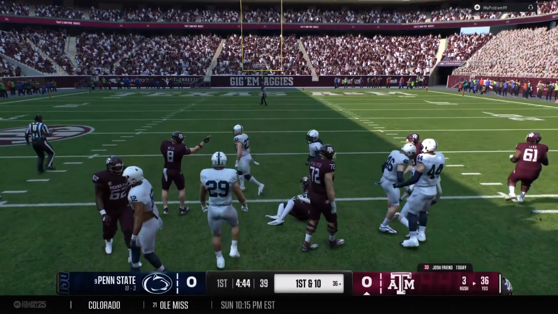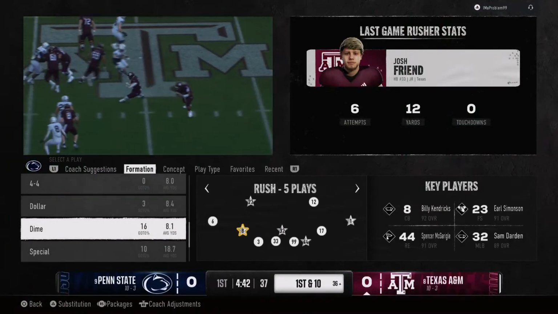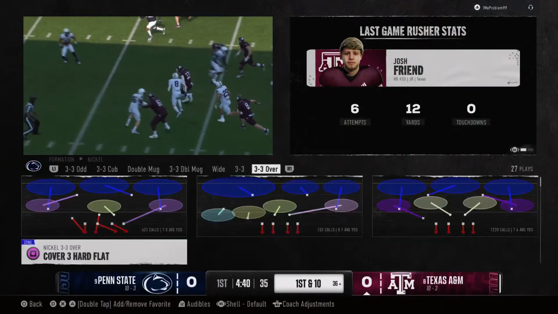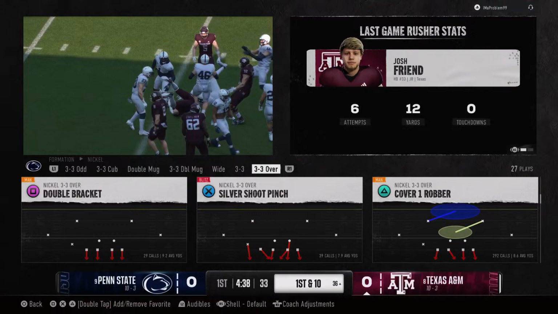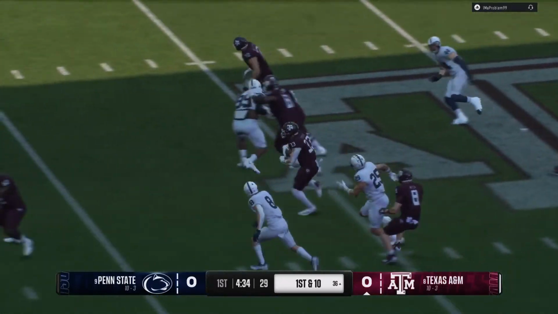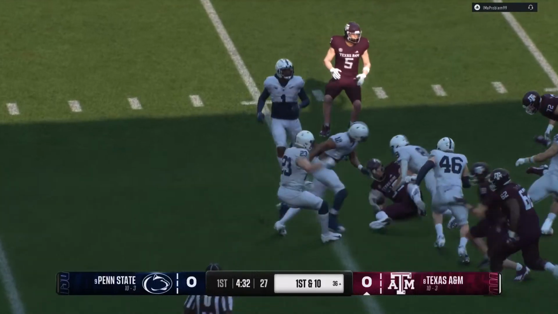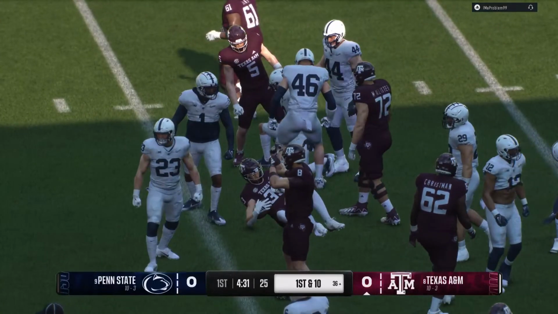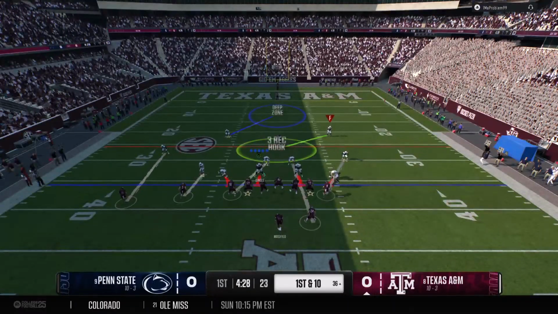They tackle him, but the gain moves the ball to the 36. Well, right now, this defense seems to be sitting back, worried about the pass game. They better cheat a safety down, have an extra guy down in the box to help against this run game, because they are getting ripped apart up front. Texas A&M getting set with a 1st and 10 now.